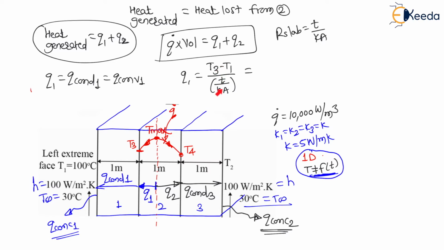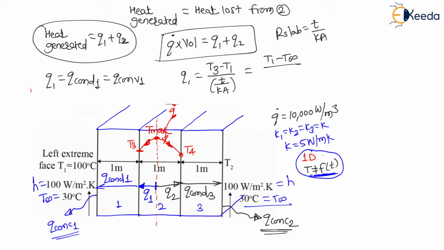This will be R through the slab. T divided by K is the resistance through the slab, the conduction resistance. Now, my dear students, again from this T1 to T infinity, there is heat transfer by convection, right? And we know that the convection heat transfer, this Q, is nothing but temperature difference divided by convection resistance, which is nothing but the temperature difference, that is T1 minus T infinity, divided by convection resistance.